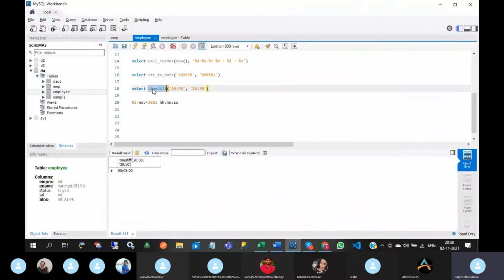Timestamp difference. So timestamp difference month. 2021-11-02 and 2021-11-01.